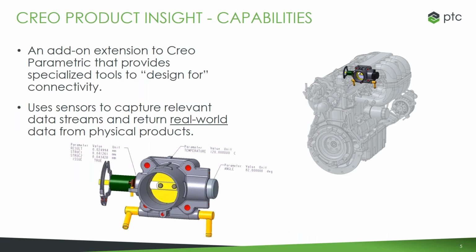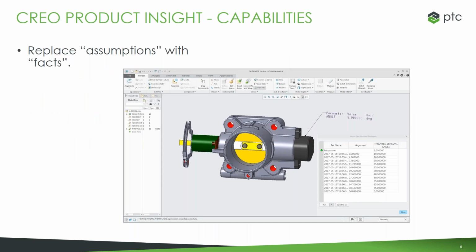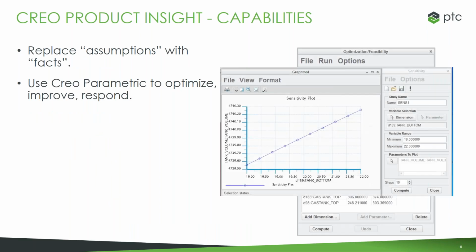It uses sensors to help capture any relevant data streams that you have and return that real-world data from the physical products. So you can actually bring in sensors onto your models and help feed in that data and utilize that through your design, so that you can replace assumptions with actual real-world facts on how things are really operating out in the field. This then allows you to optimize or improve and respond to any data that you're getting, to get that feedback, see how that affects your designs,